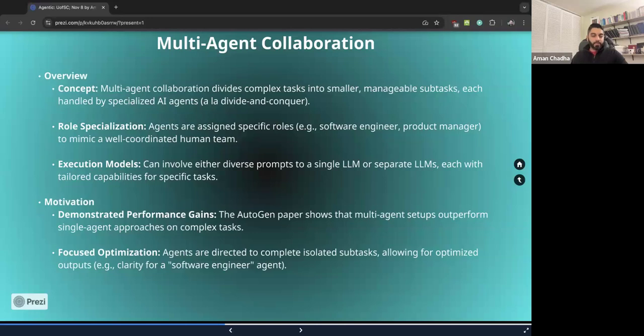Both options are available. And in terms of the idea behind multi-agent collaboration, or the specific motivation here, the AutoGen paper is a very seminal paper in this field. It's done by Microsoft. At this point, it's the most popular framework, right there with LangChain and a lot of the other options. And they had a lot of good justification for coming up with this multi-agent structure, which is essentially to make sure that we specialize and focus each of these agents on isolated subtasks.